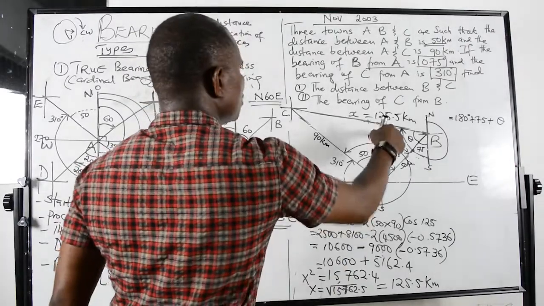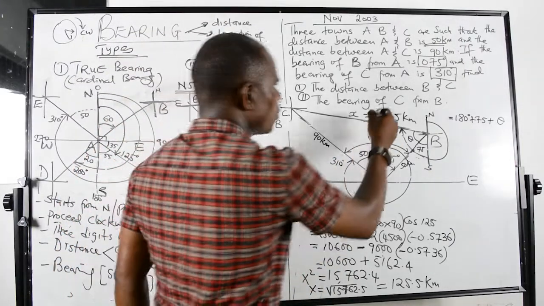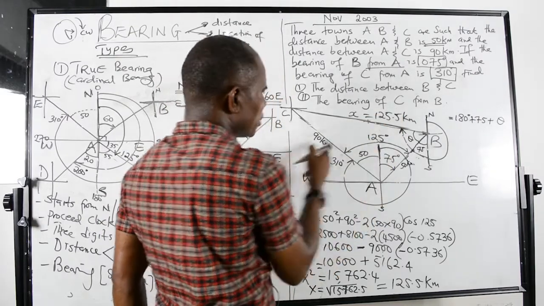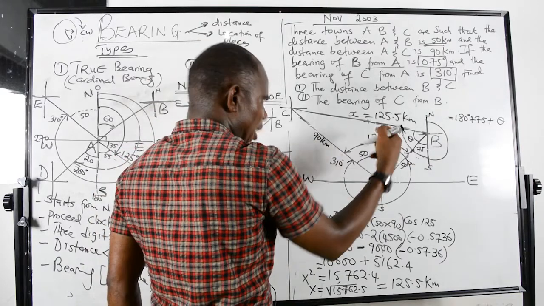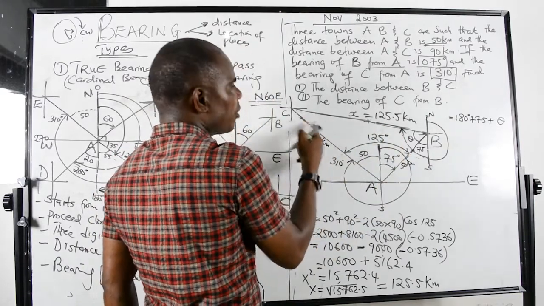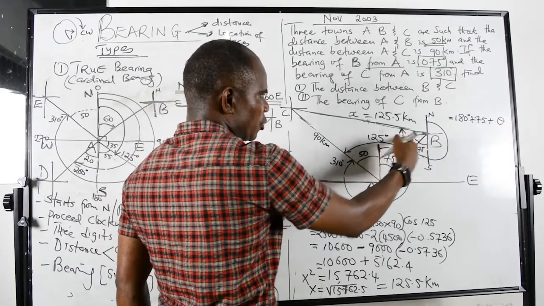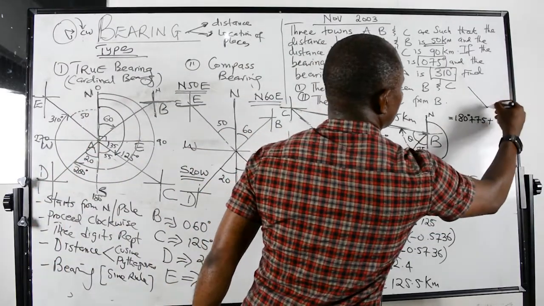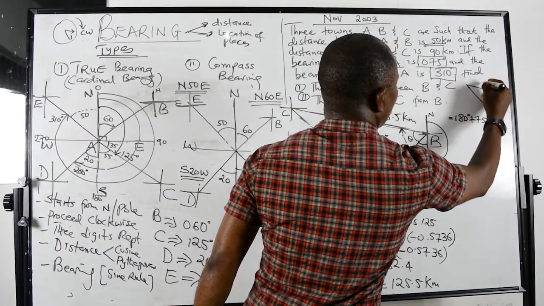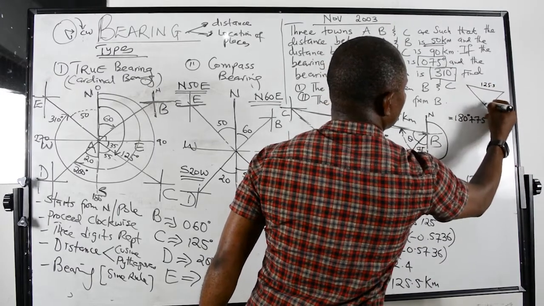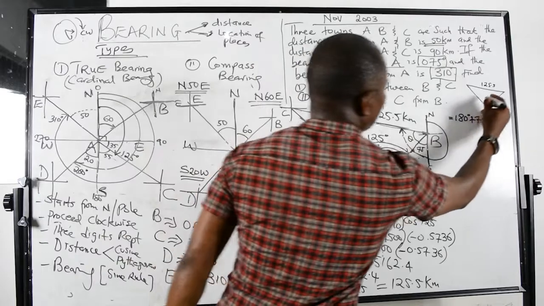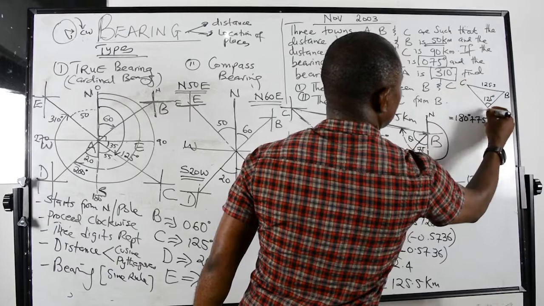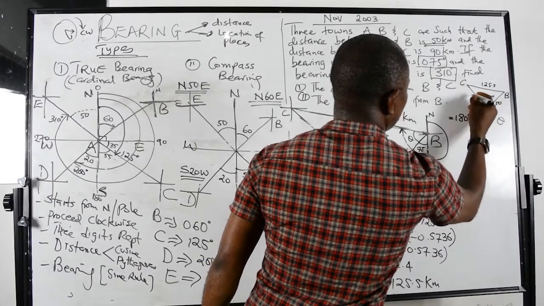So now this will lead you to the sine rule, if you like. Now the sine rule says this side divided by the angle inside is equal to this side divided by this angle here, as also this side divided by this. But I'm not interested in this angle, I'm only interested in this. So I can use the sine rule. So remember the diagram for the sine rule. So let's say something like this. Now I have 125.5, then I have here 125 inside, then I have B here, then that's C, and this is A. I've got 50 here, I've got 90 here.